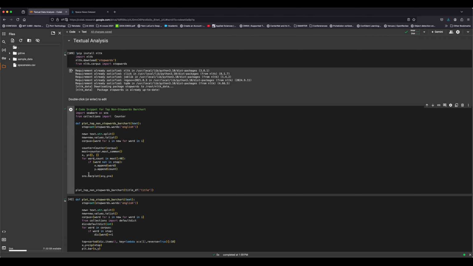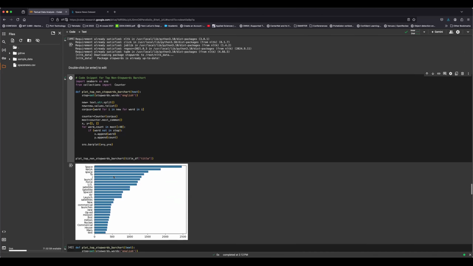And after that, we plot this y against x right over here. If you remember from the previous video, we had this title df, in which we took, for convenience, the title column of the data frame. So if I plot this,